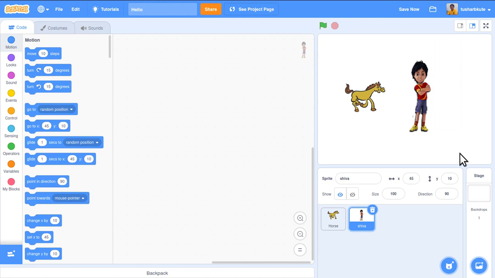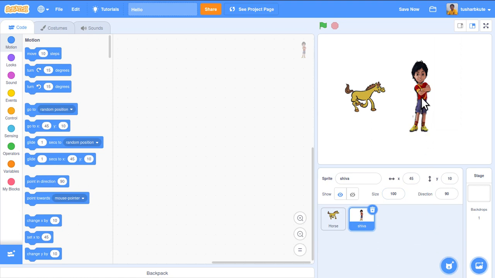So this is how we can upload characters from external sources over here, but make sure that this file is a PNG. It should have the extension PNG. Only then can these characters be used here in the output window as a sprite. So remember that this is the meaning of a sprite. We can choose any one of the options to create your sprites, and the properties that we have seen about the sprite you can see over here.